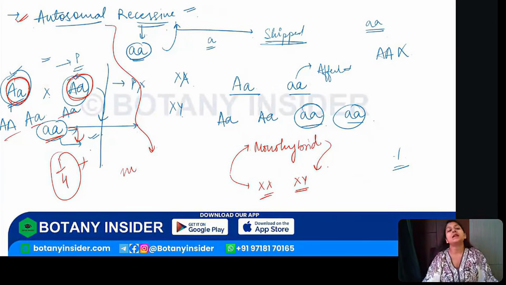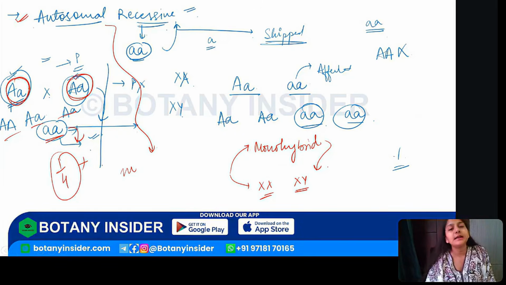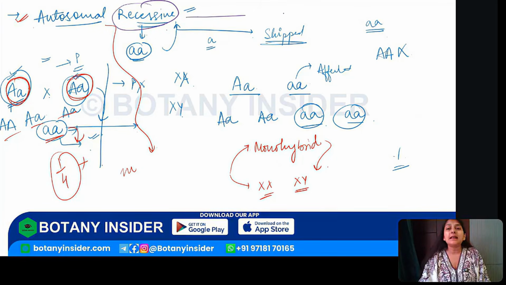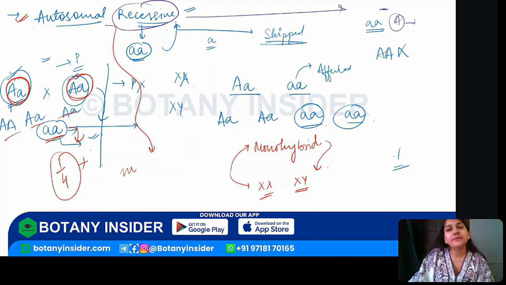In the same scenario, we'll understand. See, autosomal recessive is when I require both of my parental generation to have at least one of the alleles for it to be there in the next generation. Now think about a dominant characteristic. Think about the second scenario of having a dominant characteristic being showcased. In the dominant characteristic, even if only one of the parents has one of the alleles, then also in the next generation the dominant character will be there, right?